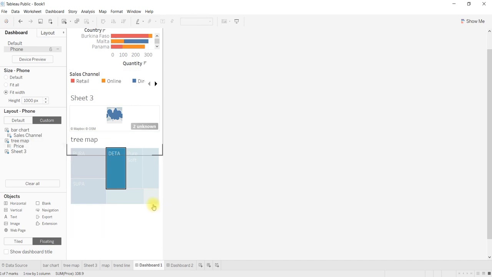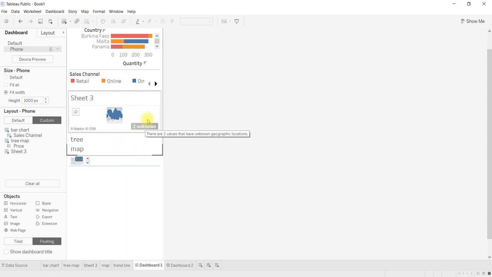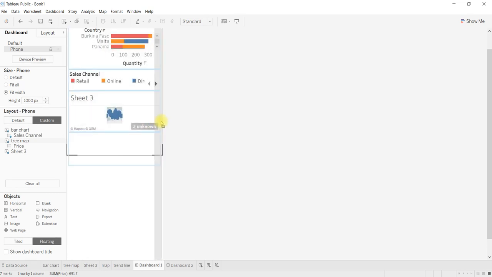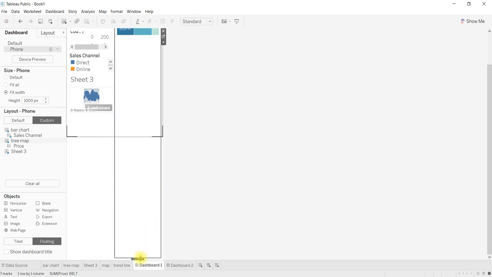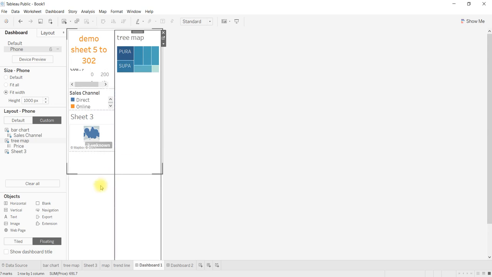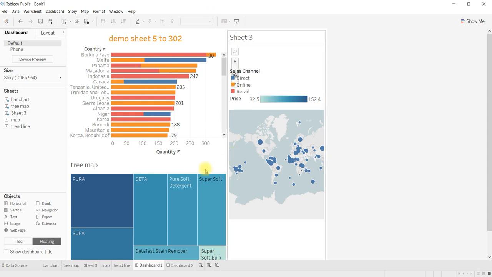We can say delete this one. Okay, it is very messy in structure for a mobile phone. Okay, we can fit it into a mobile phone, if possible, then only we can fit it. Otherwise, we need to change the entire layout. If you go back to the default, it will be like this.